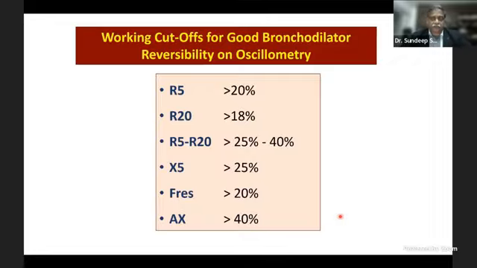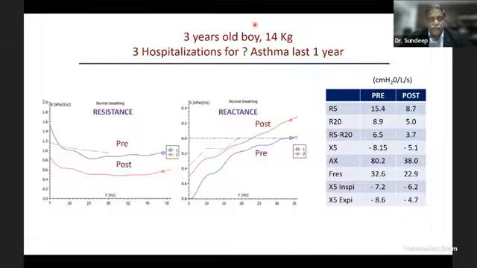Until there are more studies from different parts of the world that validate this, we should continue to use these cutoff values to define good bronchodilator responsiveness on oscillometry. Now, very quickly, examples of a 3-year-old boy who suffered with